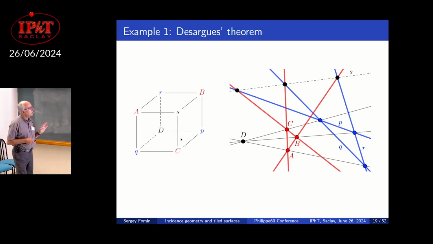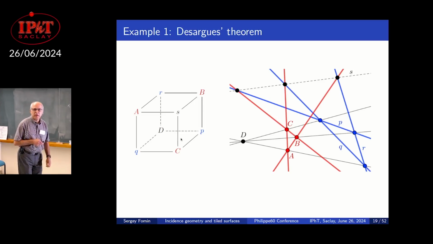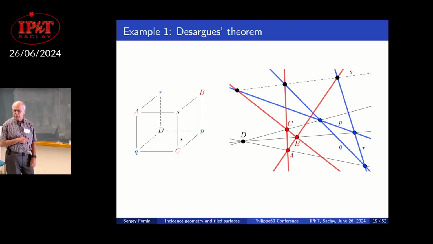This is Desargues. Okay, so this is our Desargues configuration. I strategically choose certain points, namely A, B, C, D, and certain lines, namely P, Q, R, S, and I place them at the vertices of the cube in this particular way. Now I claim that if you look at the coherence of these faces, and then apply the master theorem, this will be exactly Desargues' theorem. For example, let's look at the front face of the cube. And of course, the cube is a sphere, a quadrangulated sphere, right? So AC and then SQ. So we need to take the line AC and the intersection of S and Q.